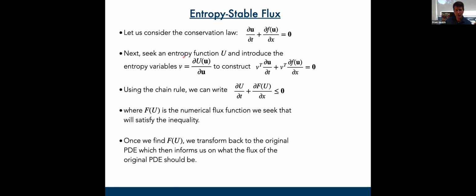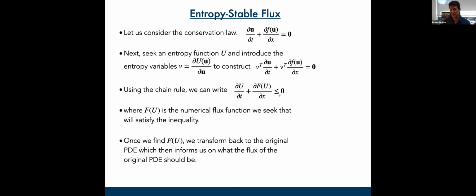Well, then the first thing we do is we seek an entropy function, capital U, and then introduce entropy variables, right? So you take some differentiation of the entropy function with the solution variable U, and then you construct a new representation of the original conservation law that looks something like this. Using the chain rule and simplifying, you now get this from, say, a system of equations that you started off with. You come down here and you end up with a single scalar